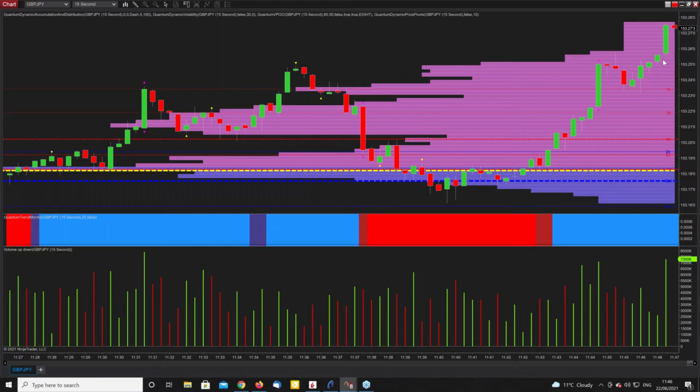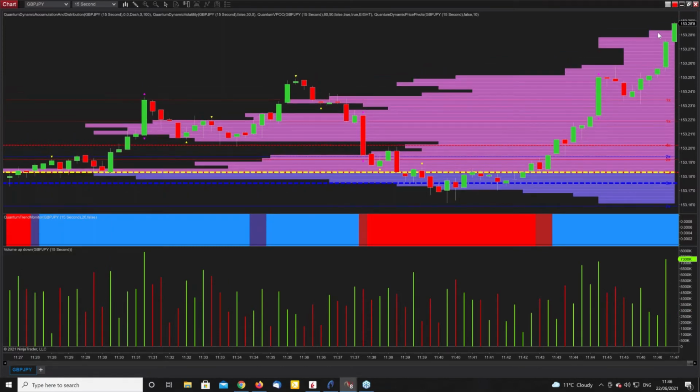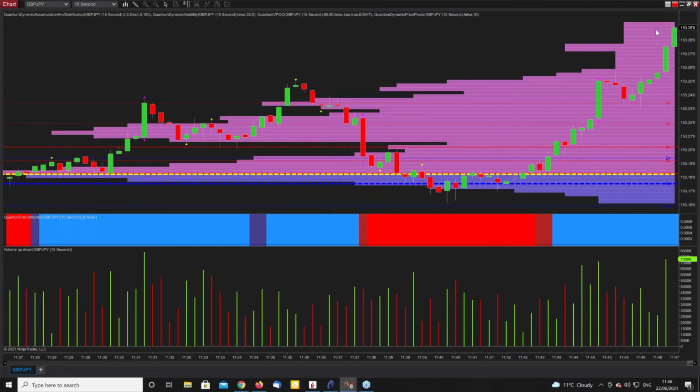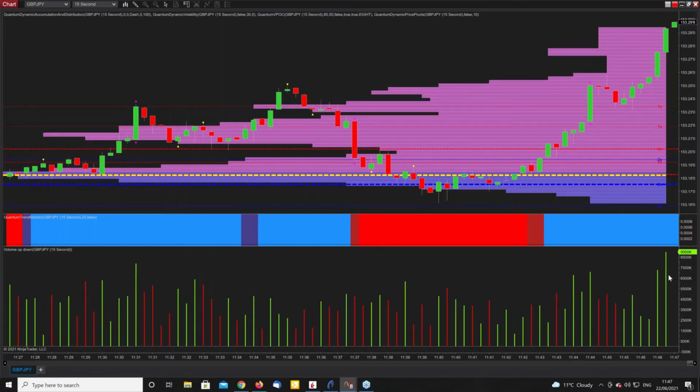Into congestion, fine, we're moving on up. Got nice volume under that particular candle. We've got moving up through here all the time. Volume is very light at this leading edge up here because there is very little there on this particular time frame at the moment. See what that candle does.